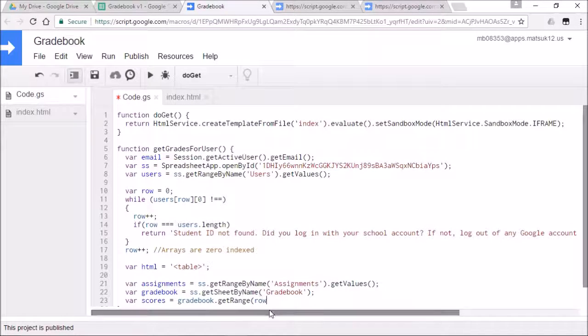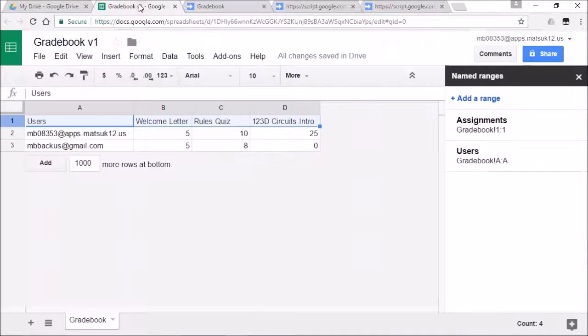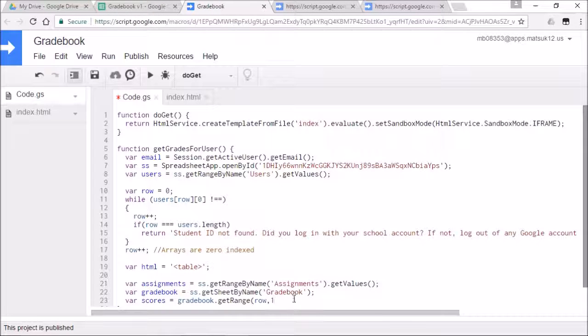I'm using the variable that we found up here. I'm putting that right here, and then I'm going to put the columns. Well, I'm going to start with the first column, and this command refers to spreadsheet notation. So when I put a 1 here, that's the first column. That's this column right here in the spreadsheet. I'm going to put comma, and now I'm going to put a 1 here because I only want one row. I don't need more than one row, just this single row for this user, and then comma,